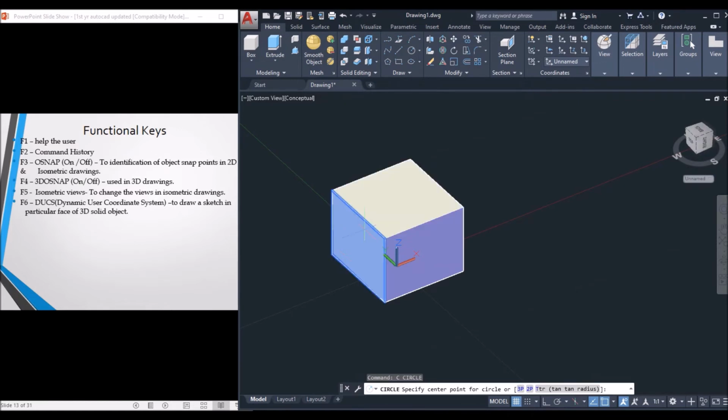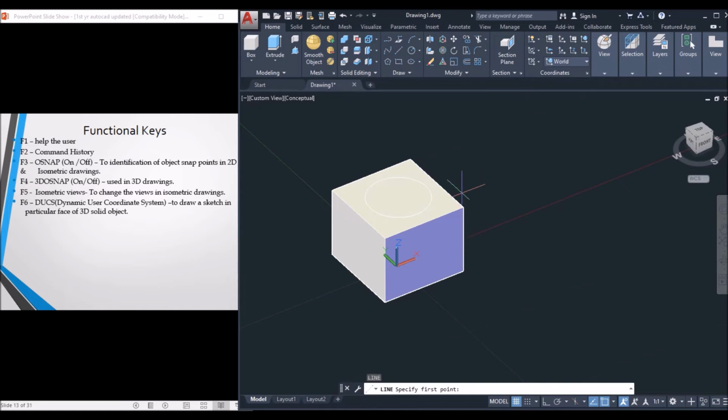When this option is on, if you move the cursor over a particular face, it will be highlighted and we can draw on that particular face. So I want to draw a circle on the top face. Give the center point and specify the radius. Like this we can draw circles or lines on a particular face of 3D solid objects.